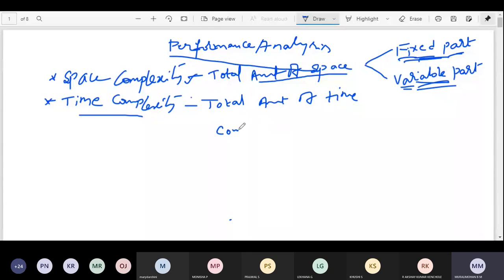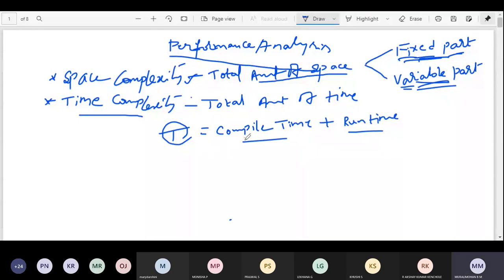One is compile time, plus runtime, that is execution time. So this gives the total time, compile time plus execution time or runtime. This complete thing gives the time complexity of any problem. Clear?